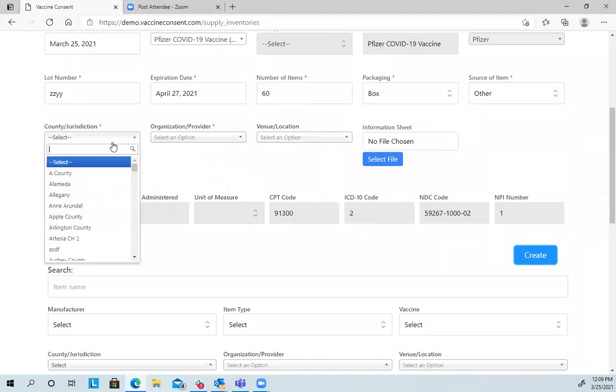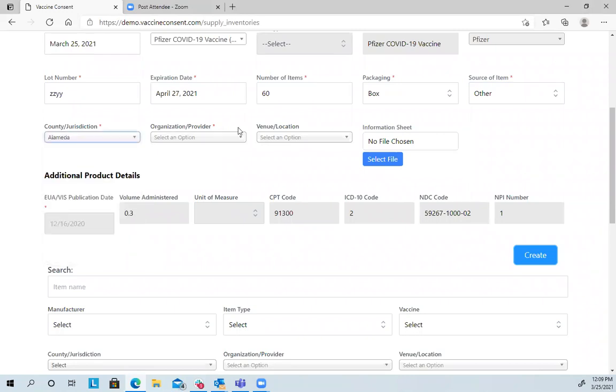Okay, so we want to look at that by county again. Once I've picked a county, then an organization, and then from the venues, how am I putting it in? If you only put it at the organization level, your venue admins cannot see that. So it's really important to do that.